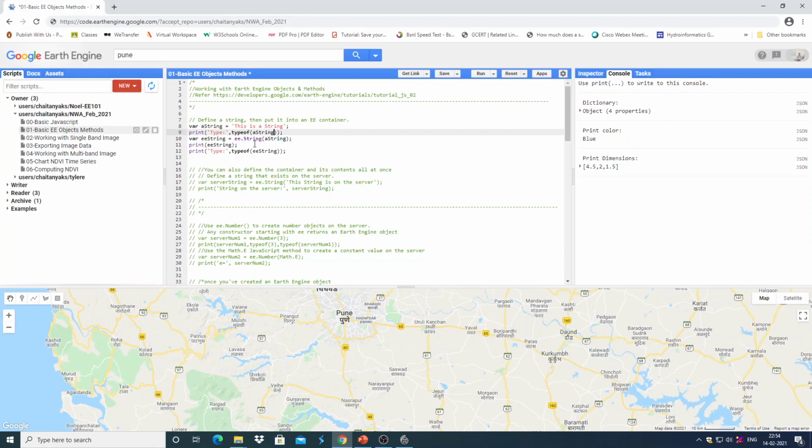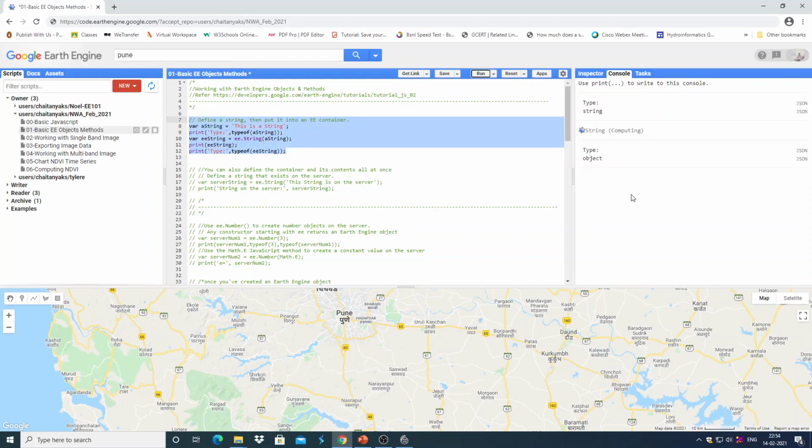Now once you make use of the ee.String constructor and pass this string into it, it becomes an Earth Engine string object. Then you can send it to the server for processing. So the type of the EE string here is an object. It is actually the Earth Engine string object.